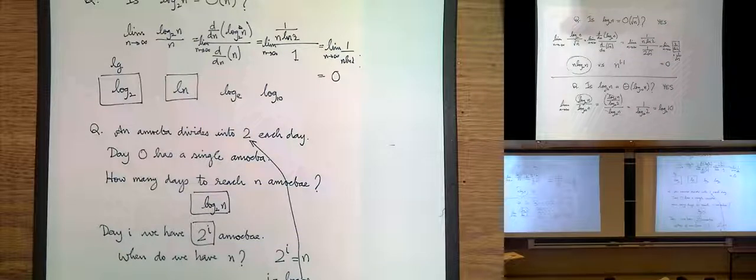So it doesn't matter which base you use. You can usually use natural log or log base 2. And in CS, you would use log base 2. So that's why often they'll just say log and not put a base there, because it doesn't matter. Any constant is fine. Right. So